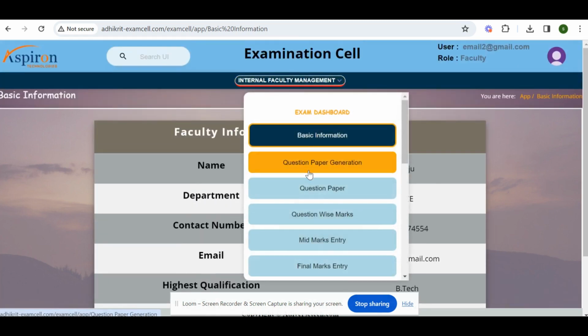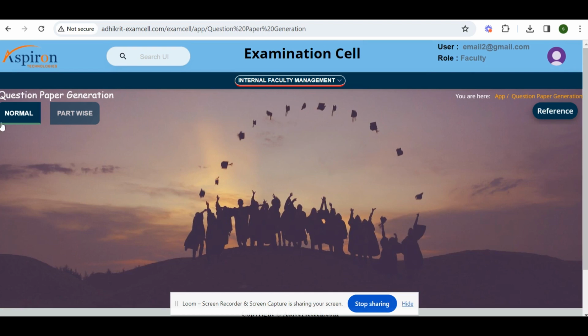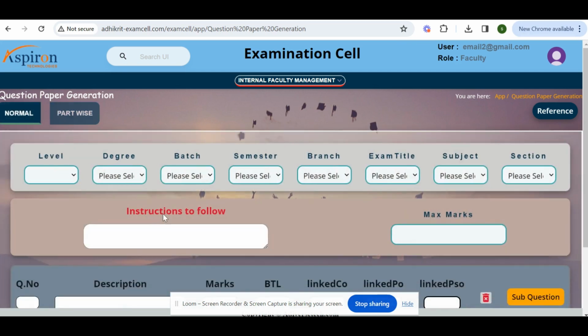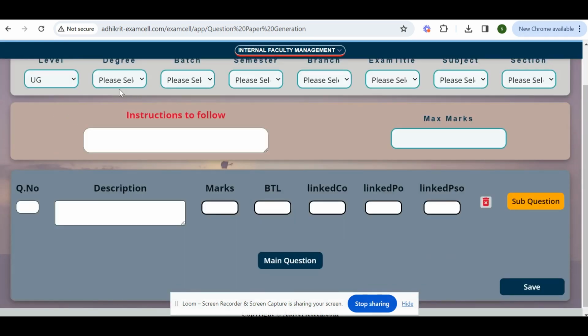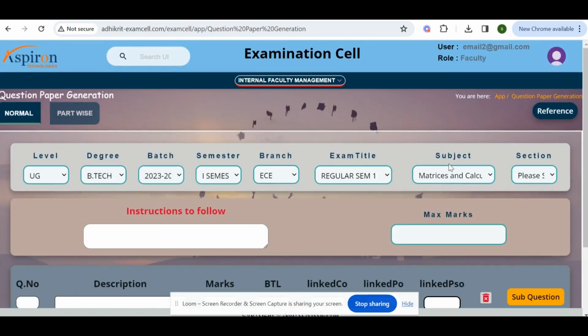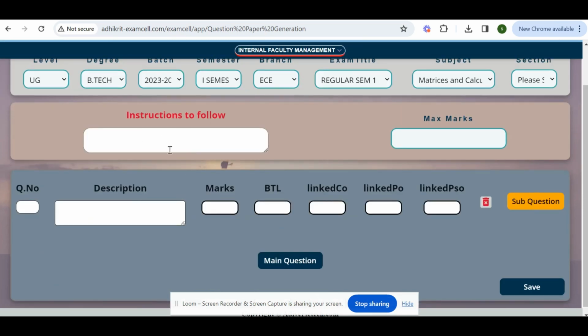So now let's move on to question paper generation. Here faculty can generate the normal question paper and the part wise question paper. In the normal question paper, give all the details first. So give all the details, select appropriate details from the drop down, and here give the instruction like how many